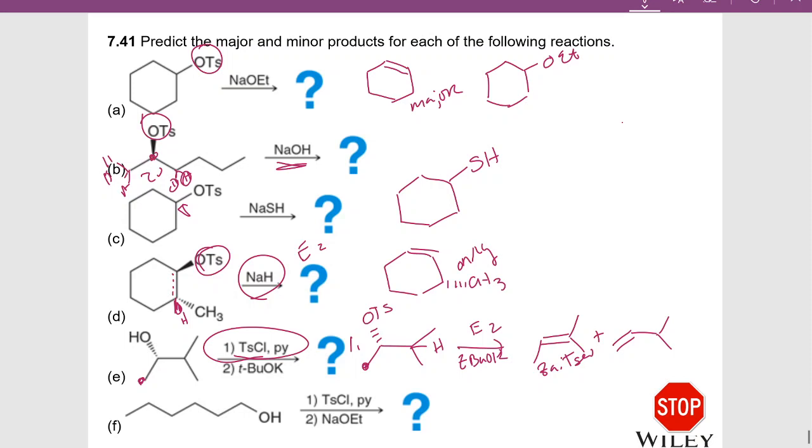Next, we've got tosyl chloride and pyridine again. So we're changing this OH into an OTs in the first step. Let's just draw it over here because we're running out of space. Our second is sodium ethoxide. So this is a primary substrate, and sodium ethoxide is a strong nucleophile, strong base. With a primary substrate, SN2 predominates just because it's faster, because we don't have any steric hindrance here. So our major product is going to be this one,